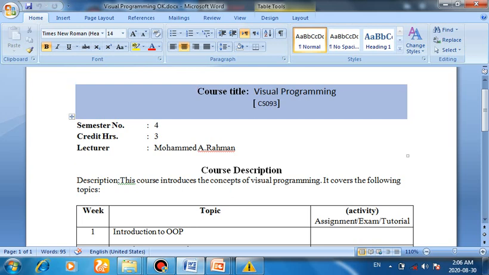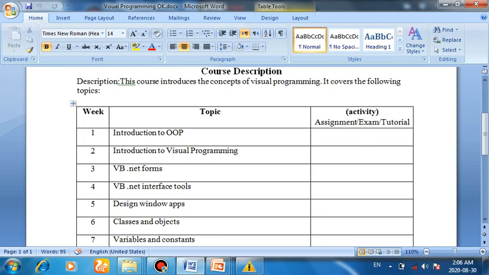Semester number 4, credit hours is 3. Lecturer, my name is Muhammad Al-Rahman. This is the course description as short as possible. This course introduces the concepts of visual programming. It covers the following topics, broken down in